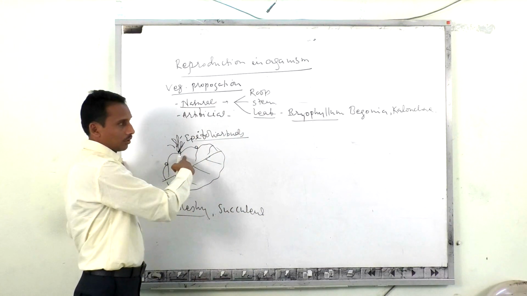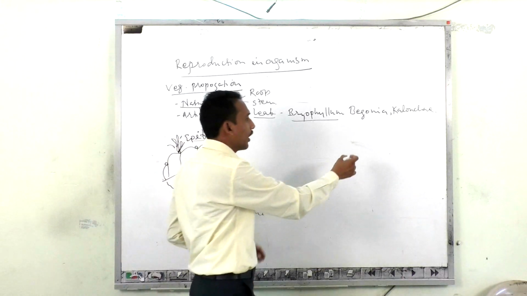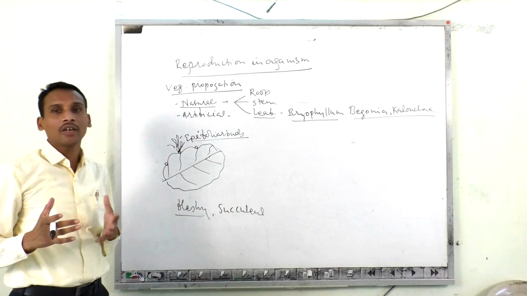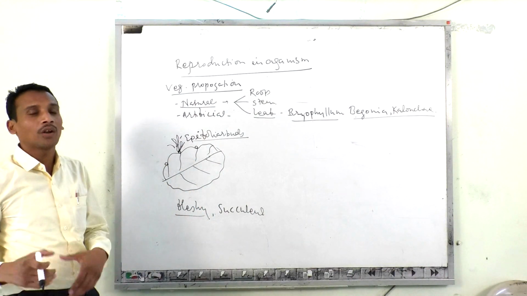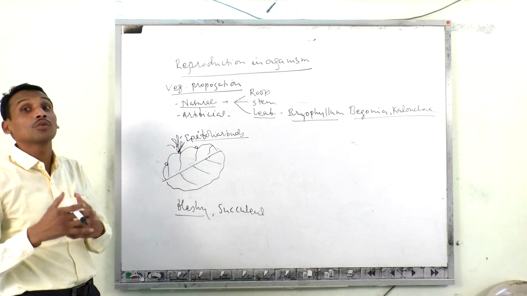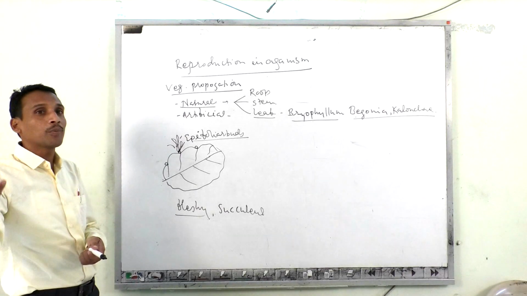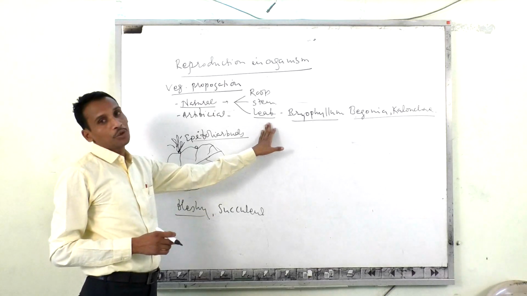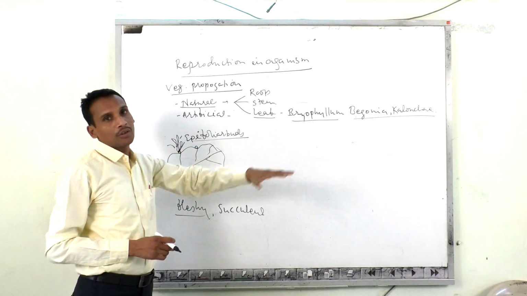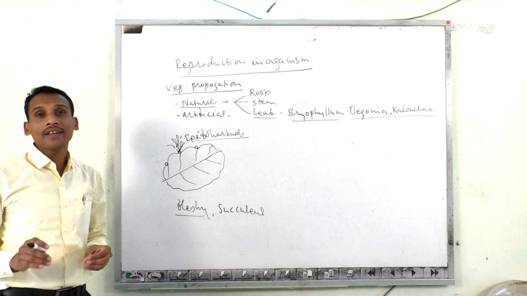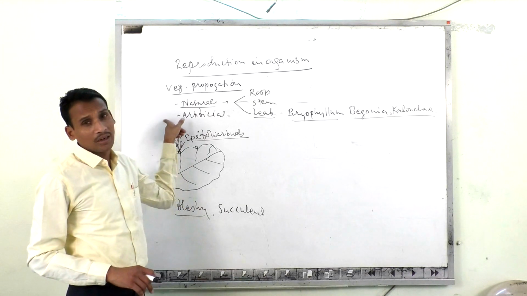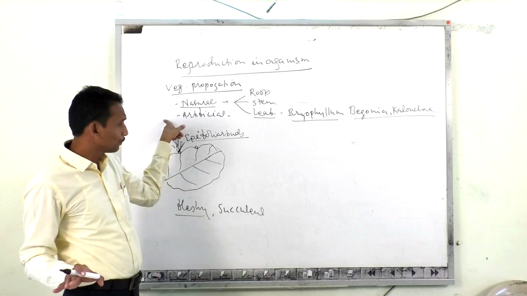In this way, in the bryophyllum plant, new individuals are produced by leaves. In case of begonia and calocea, because of some injury, whenever the leaf gets injured, new buds form from that injury, and from that bud new individuals develop. All such individuals are genetically and morphologically similar to the parent plant, and they are called clones, as we know.